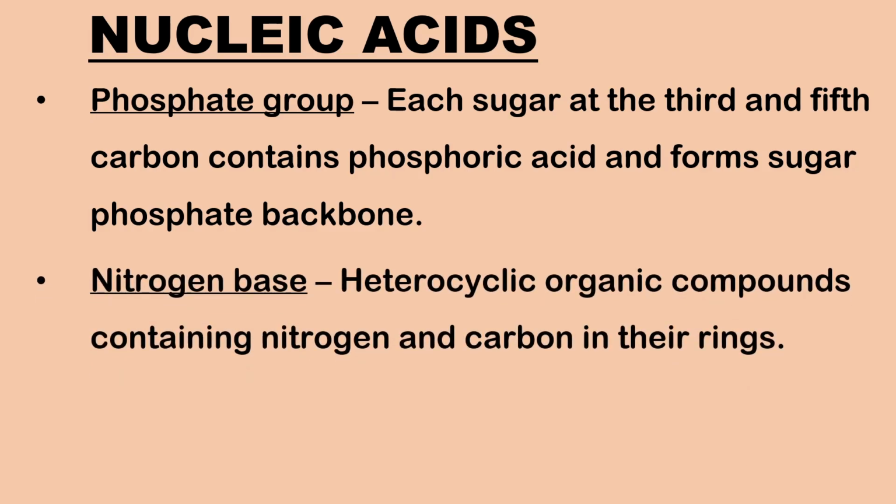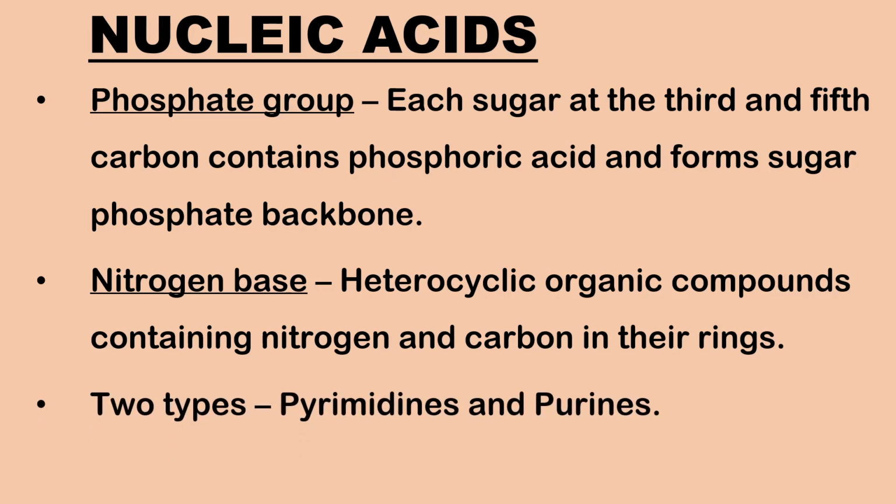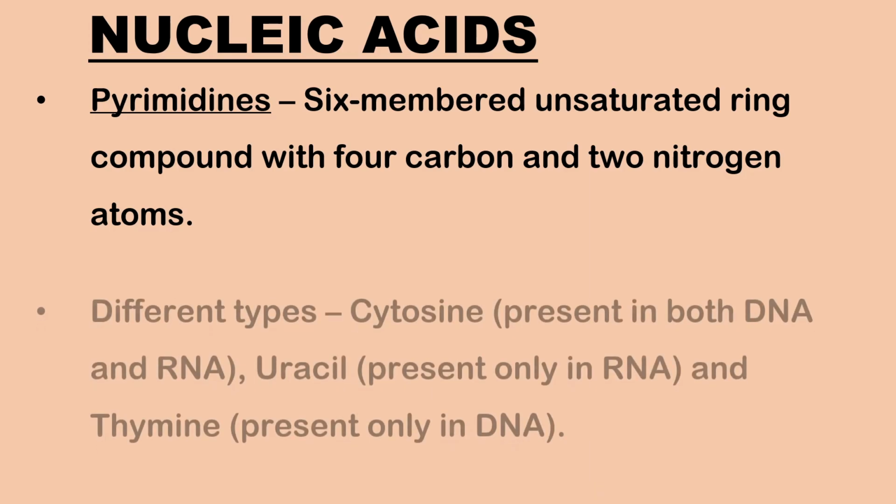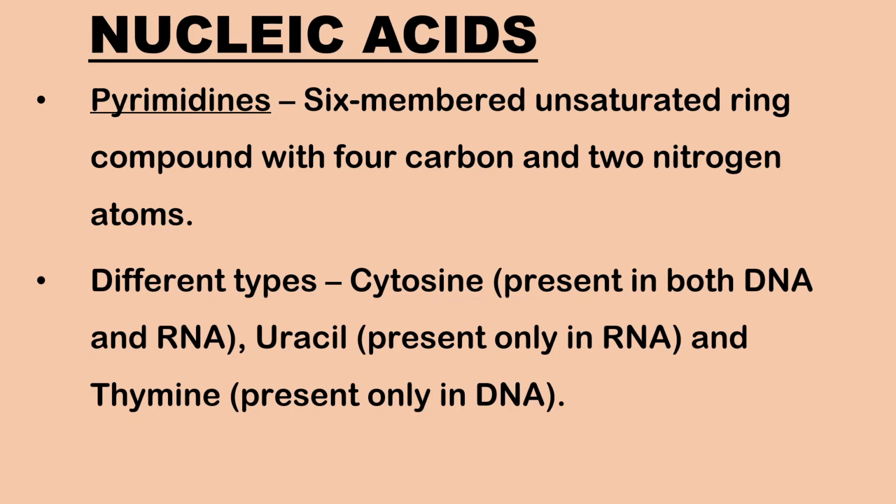The nitrogen bases in nucleic acids are heterocyclic organic compounds containing nitrogen and carbon in their rings. They are of two types, namely pyrimidines and purines. Pyrimidine is a 6-membered unsaturated ring compound with 4 carbon and 2 nitrogen atoms. 3 different types of pyrimidines are cytosine,